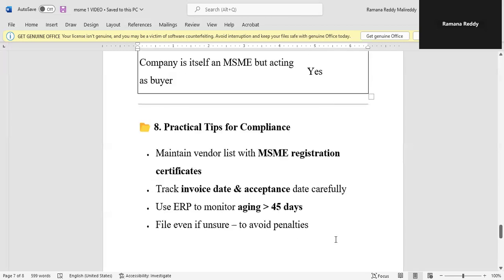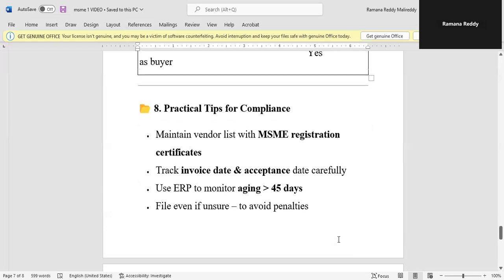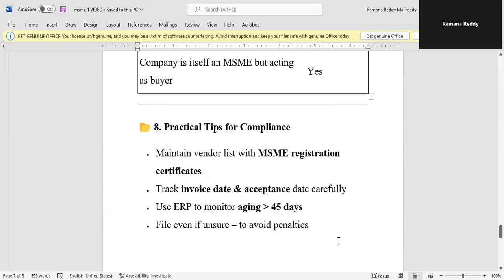So the practical tips: maintain a vendor list with MSME registration certificates, because you need to have data on who is an MSME-registered vendor. Then track the invoice date and acceptance date, so carefully you have to note them.